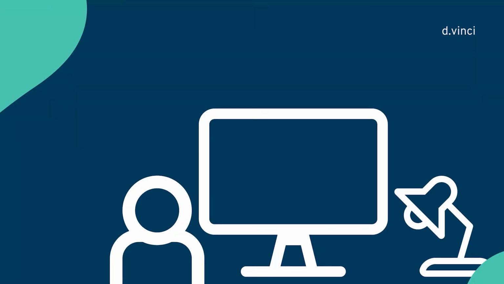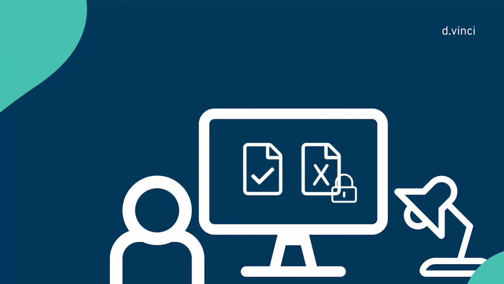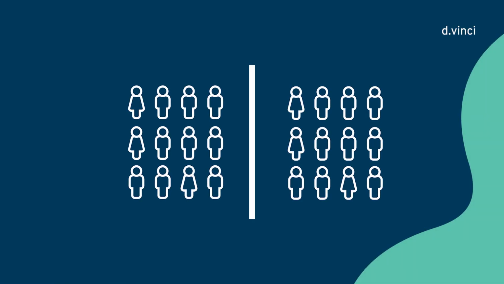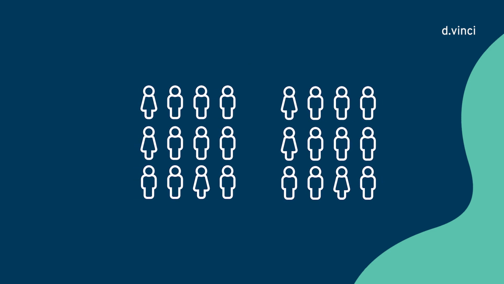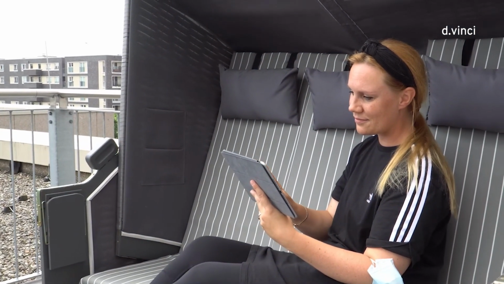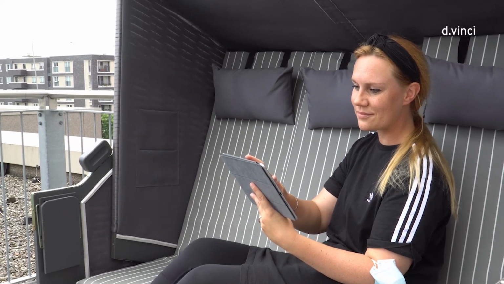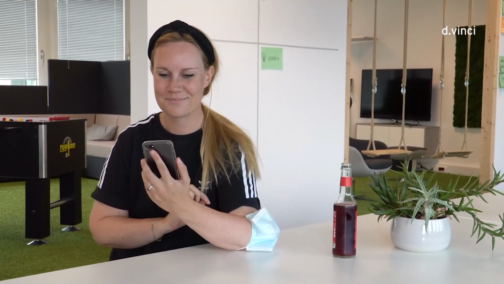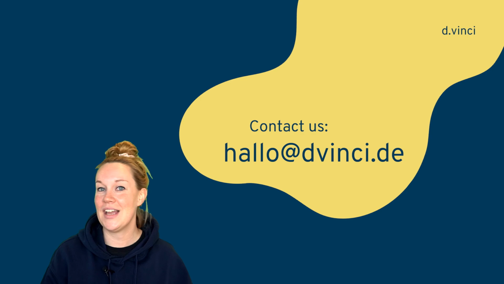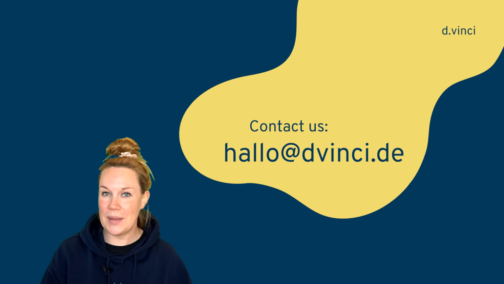You decide who is able to see what is allowed. Each user sees only the information that is needed to perform his or her own tasks. Map your corporate structure so that the respective units can work independently or collaboratively. Of course, the whole system is responsive designed, so you can use DaVinci on your smartphone or on your tablet, wherever you like. It's just important that you have internet connection. That's already it. That was a quick peek into our system.